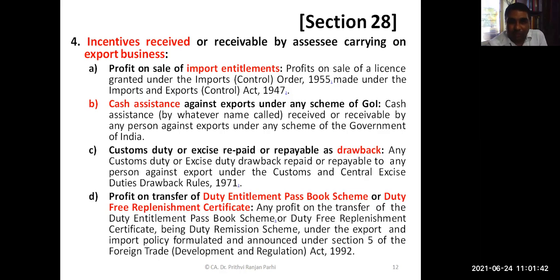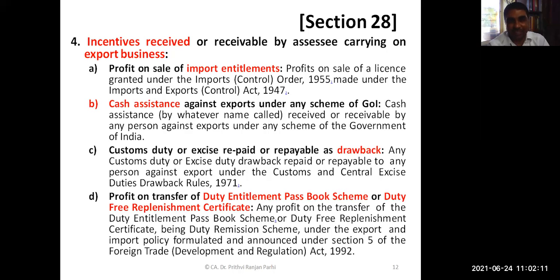Third, customs duty or excise, repaid or repayable as drawback. The government allows certain duty drawbacks. You are paying duty, but you will be able to withdraw it. And that will be treated as income under this PGBP, profit and gains of business or profession. So any customs duty or excise duty drawback repaid or repayable by any person against export shall